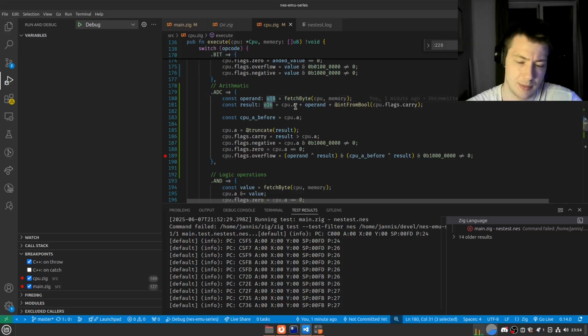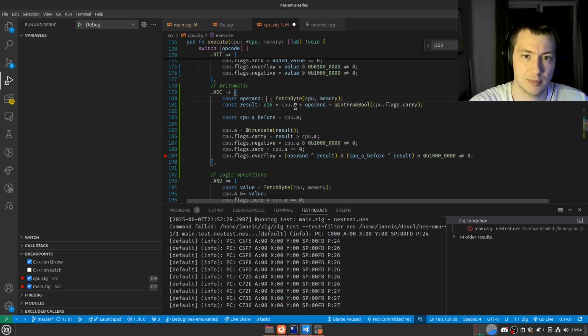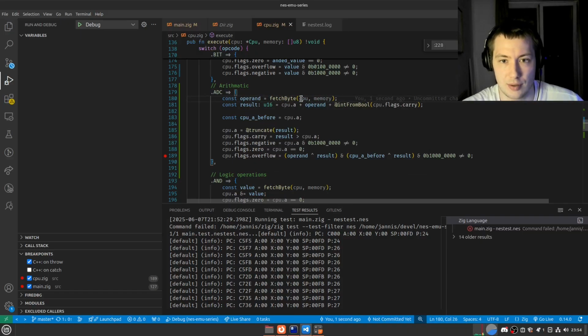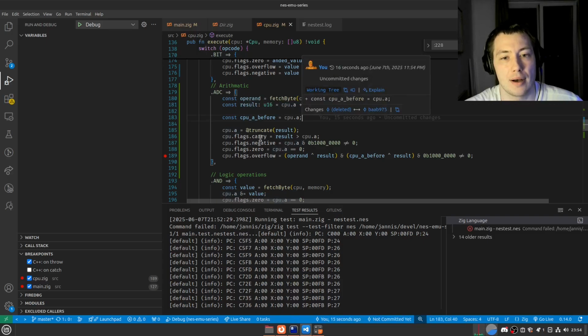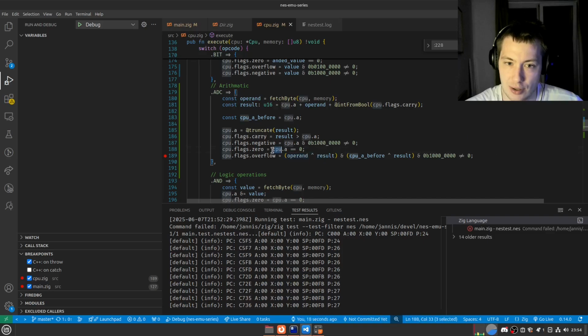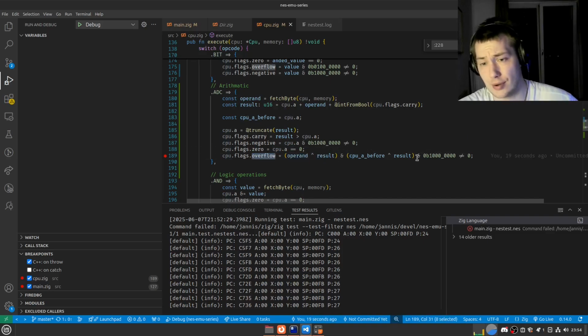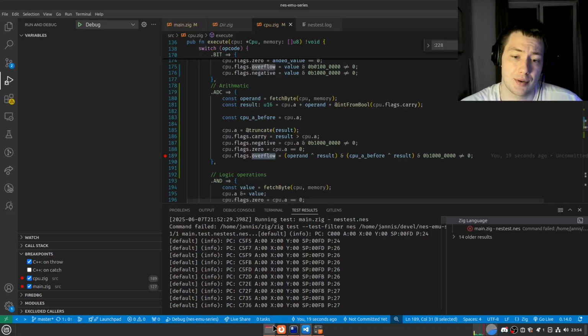This doesn't have to be this, this can just be the U8. And then you calculate the result. So you have the carry flag, the operand, and the A. And basically I was struggling a lot with this overflow flag, as you saw,